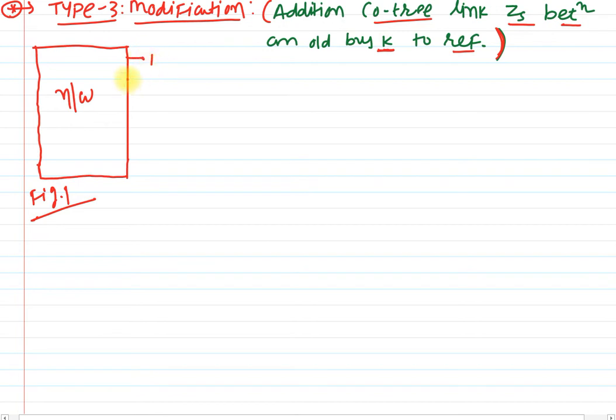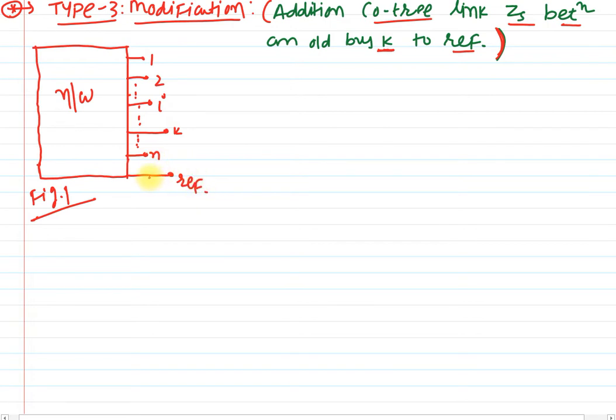Bus number 1, 2, bus number I, bus number K, bus number N, and the reference bus.